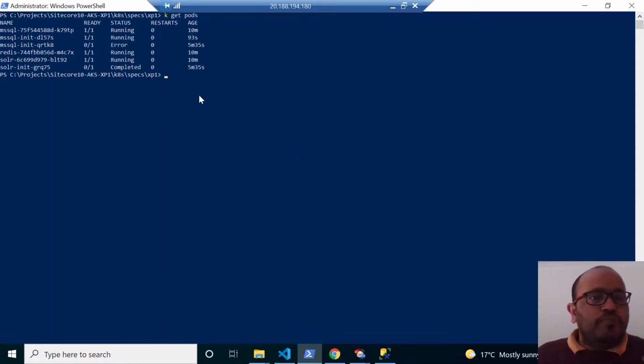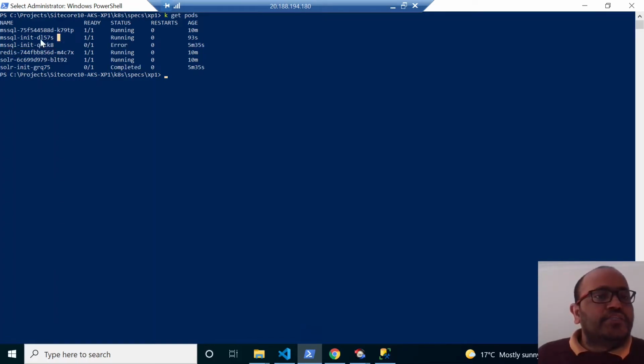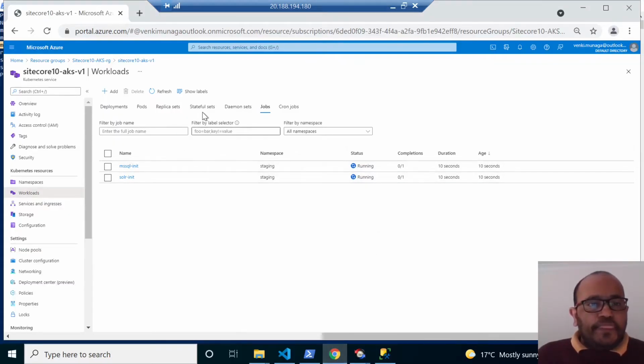Particularly for this one, the Solr job is completed. So you need to wait, not for running, but for the job to be completed. Okay, this is completed, but for the init, it failed and is rerunning. Regarding the jobs, if I refresh here, one is completed. If it is not completed, it will recreate another container and retry, and you can specify how many times to retry there.